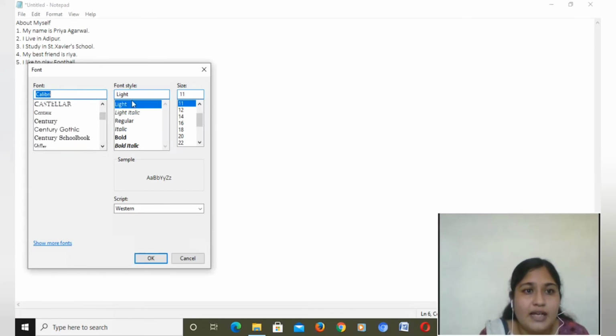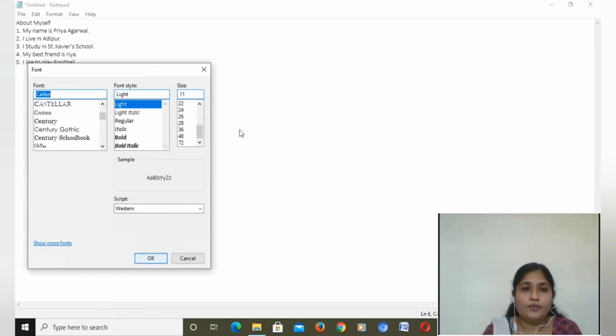Then nearby that, font style is there: light, light italic, regular, italic, bold, bold italic. These are the effects. And then the size, from 8 to 72. And then here this is the sample. If you select the font, then font style and the size, it will appear here in a sample form. Then after that we have to click on OK.